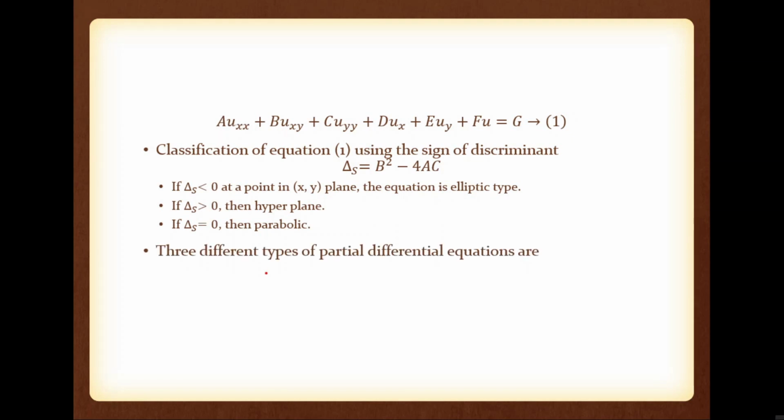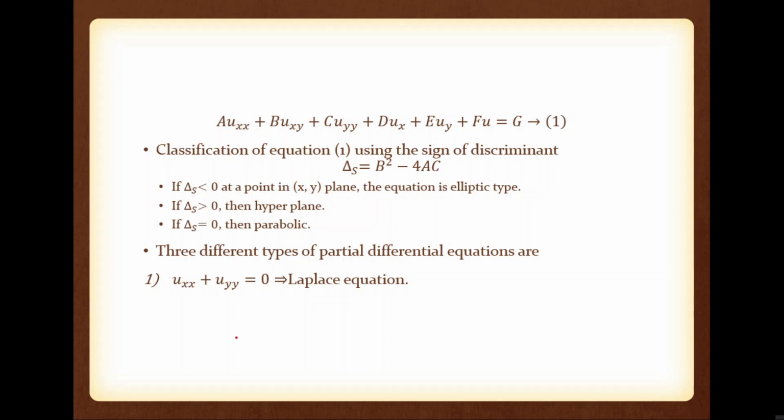Okay. Now normally in numerical methods, you can see three different types of partial differential equation. The first one is uxx plus uyy equal to 0. It is known as the Laplace equation, that is ∂²u/∂x² plus ∂²u/∂y² equal to 0. Means a and c are equal to 1, the remaining coefficients are 0. It is the Laplace equation, and in this syllabus, we are going to solve this Laplace equation only.